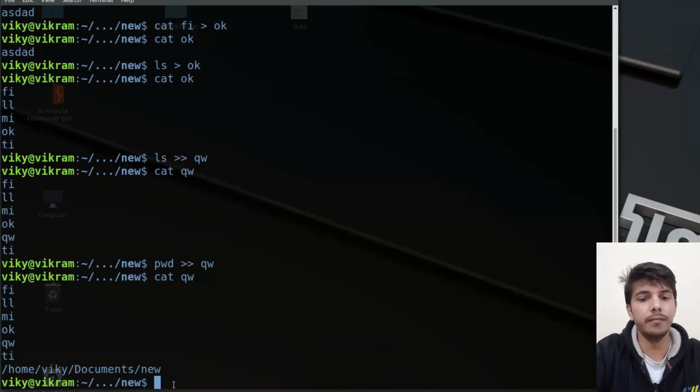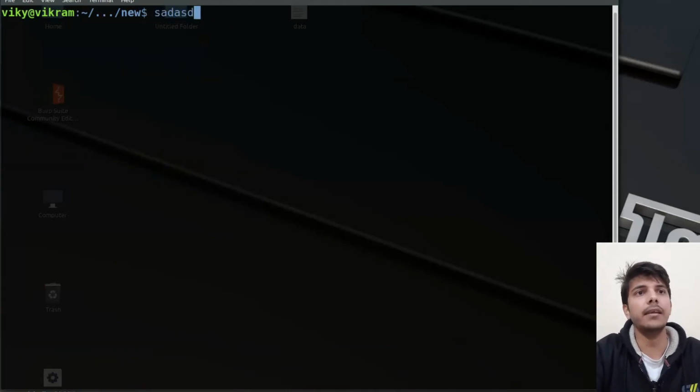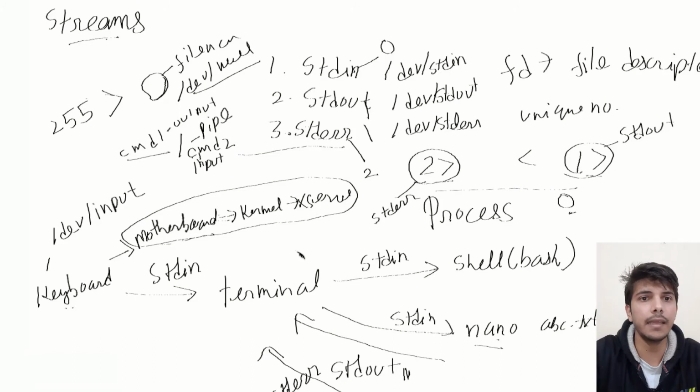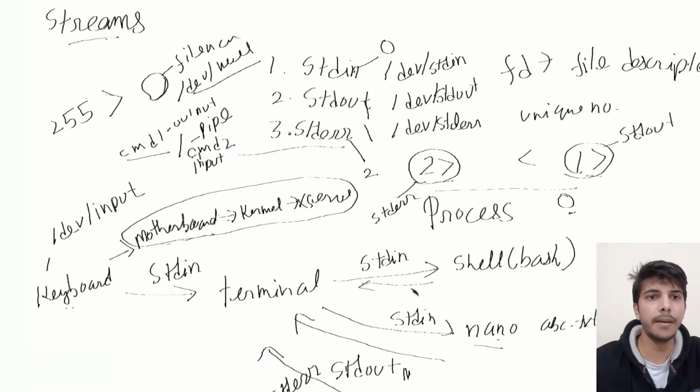Now let me clear it first. I'm writing anything here. Now this is an error. When I'm using this, our bash does not recognize this command. So in this case, our bash process is giving the error. It is sending the output related to the error to the terminal. This time it was our bash process. For example, the error is sent by the bash process using the